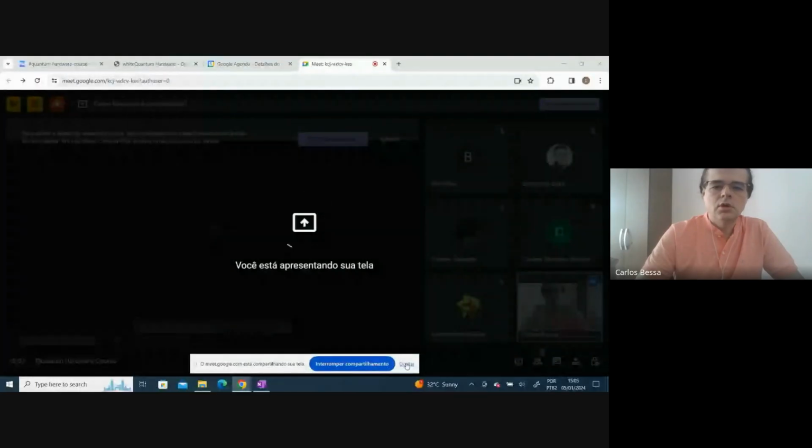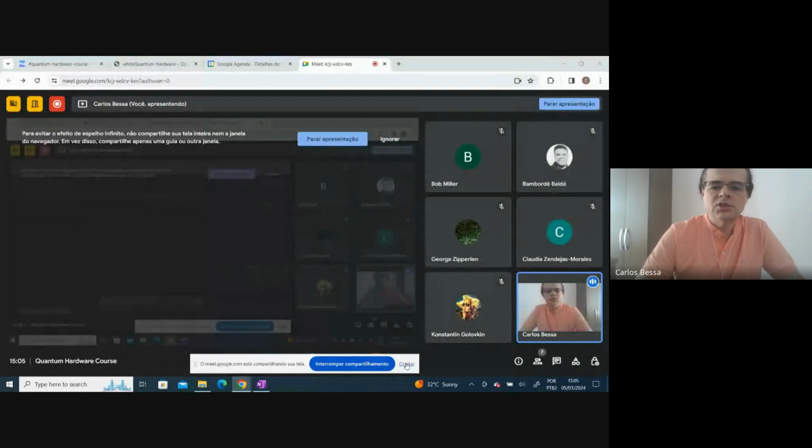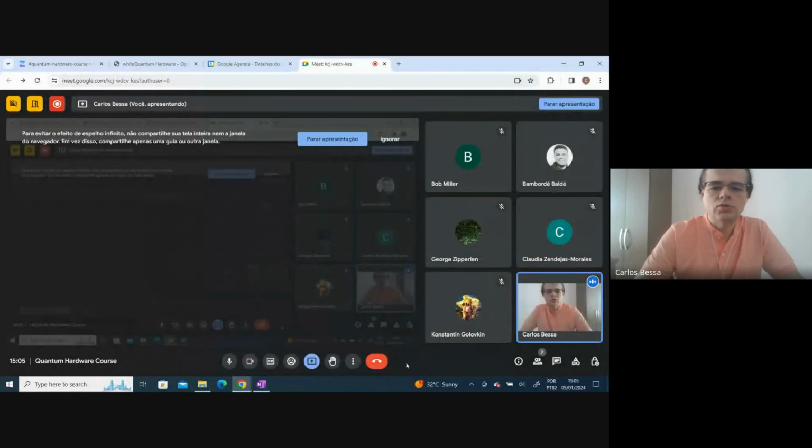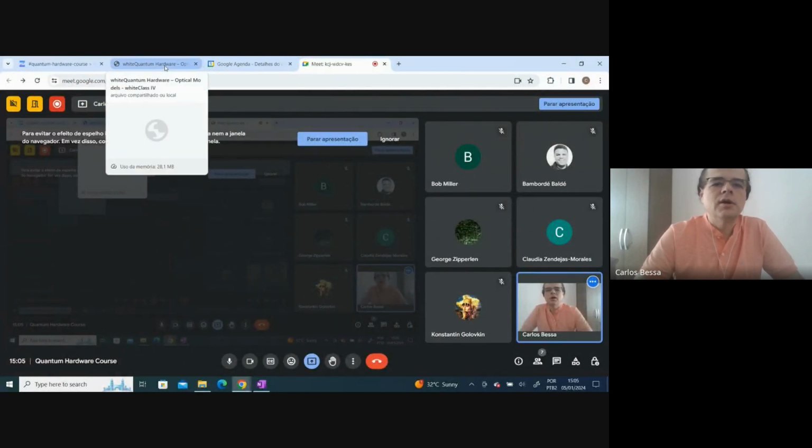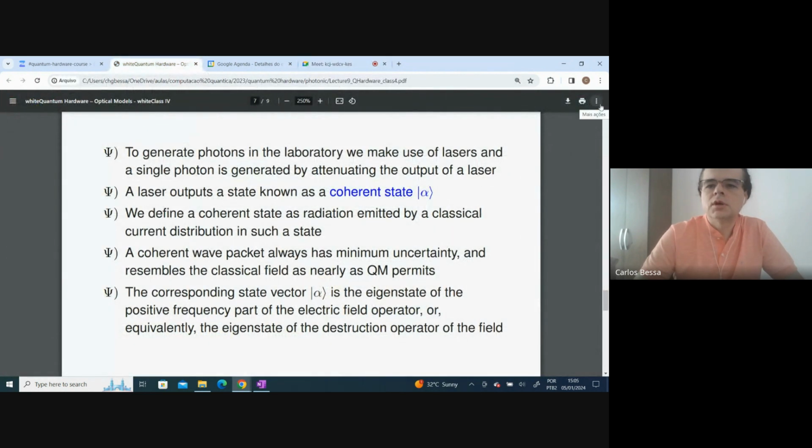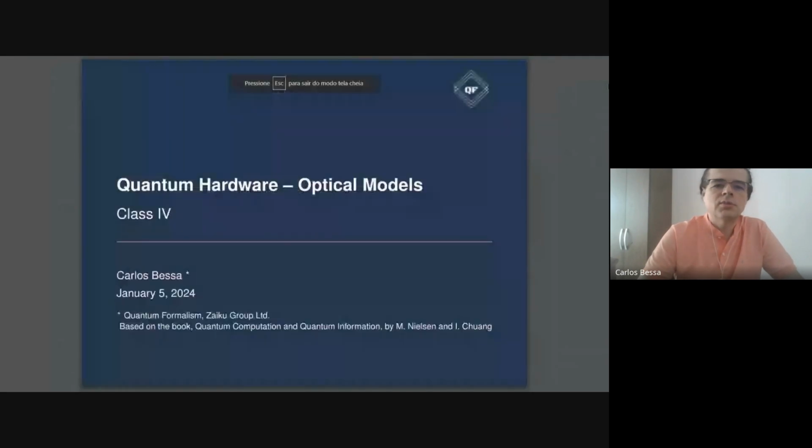Okay. So again, I will show some slides just to give an introduction of what we will do in this topic, and then we go to the whiteboard and make some calculations. And especially today, we will talk a lot about some kind of states called coherent states. That is important for quantum optics. So today we start quantum optical models,